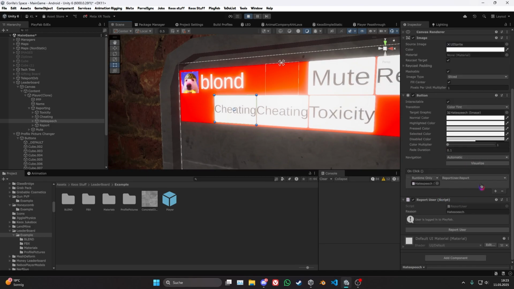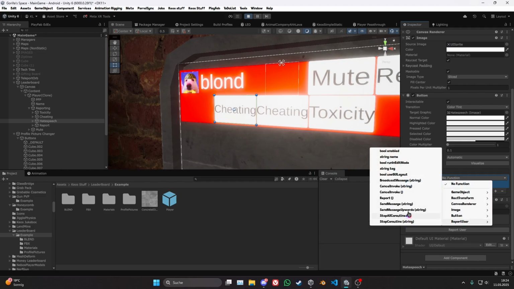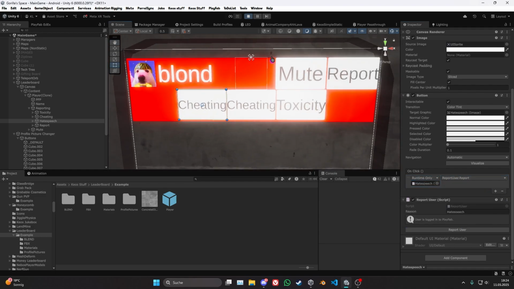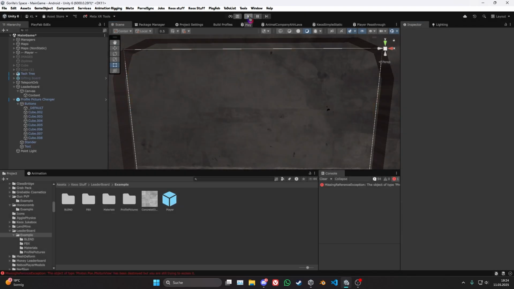This button just has the buttons right here. So you want to add the report user button. The reason this button will just say if you're logged in or not. Then you guys can test report, but you cannot report yourself. Ignore the last thing. On click, just add another one. Select the thing right here again. No function, report user, and then just do report. There you go. But this is not the entire setup, because there's a lot more stuff,